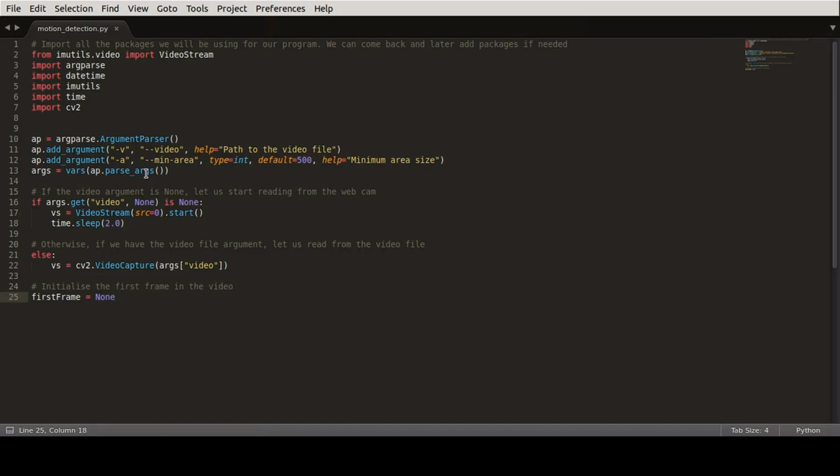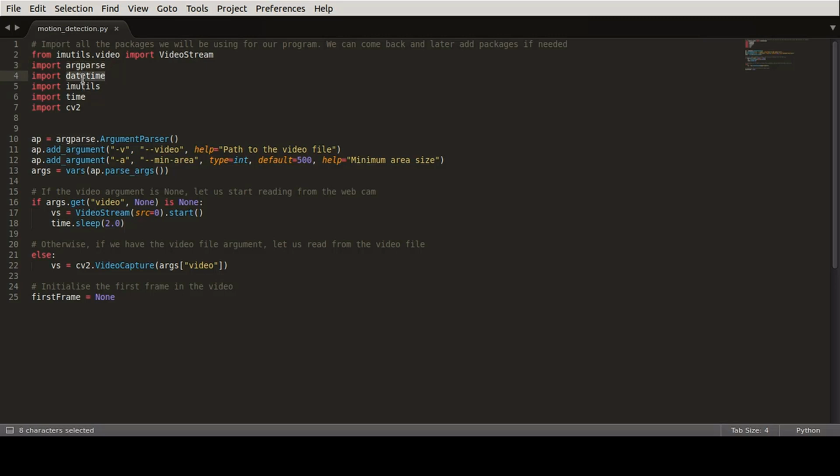So here what we are doing is we have imported the necessary packages that we will be needing in this section of the code. In this section we are importing something called VideoStream. VideoStream is a package of imutils.video that helps us to start streaming from our webcam. We are importing the argparse module so that we can read the arguments given by the user from the command line.